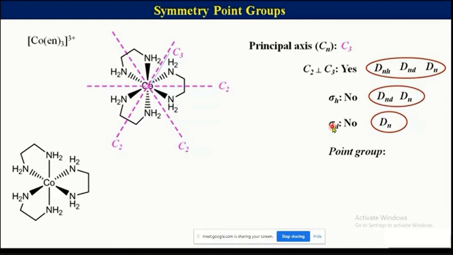I told you, for sigma D, imagine a plane which passes through the intercept of the C2, and then you think whether the molecule is symmetrical or not. Any C2, this one C2 I'm taking, and another C2. Now the plane should pass through the middle of that. And if you compare, it is not bifurcating the molecule symmetrically. So basically there is no sigma D. So the probability of the point group is DN, and since here the principal axis is C3, the point group will be D3.